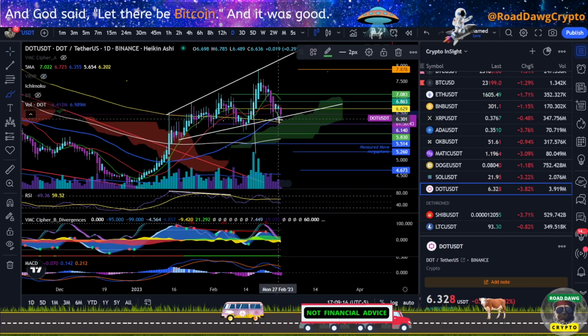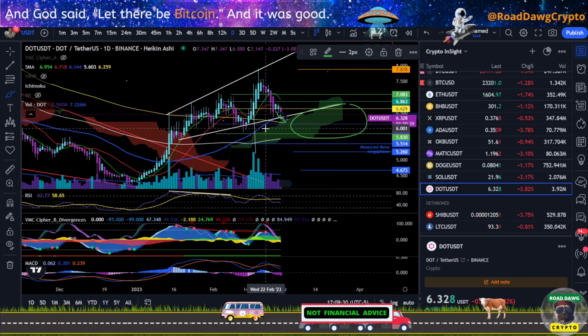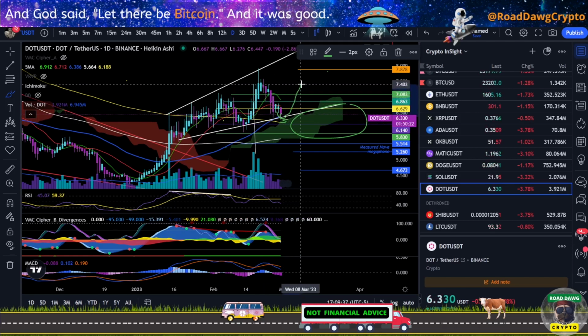But that's only if we break below this pattern, which could happen. We do have a thickening Ichimoku cloud. We are dangerously close to it. But with our 200 EMA here and our 50 moving average here, 50 has crossed bullishly above that 200. That is a golden cross. That could be what we need to push us back up to this level 746, even back up to this